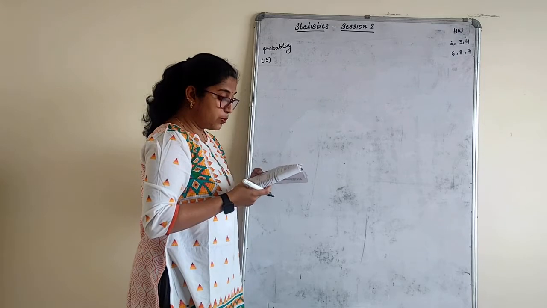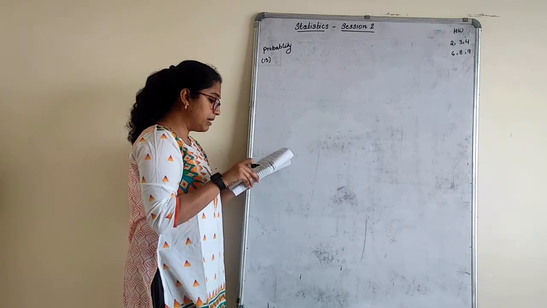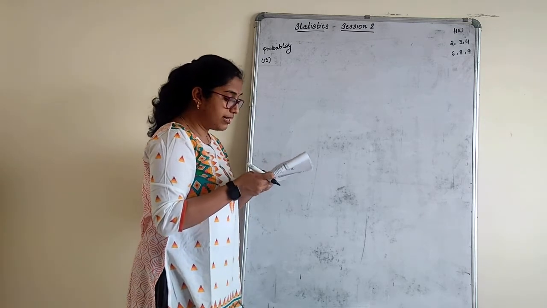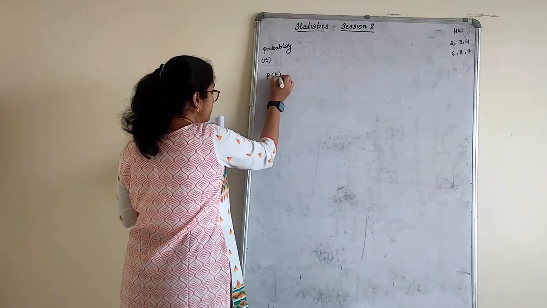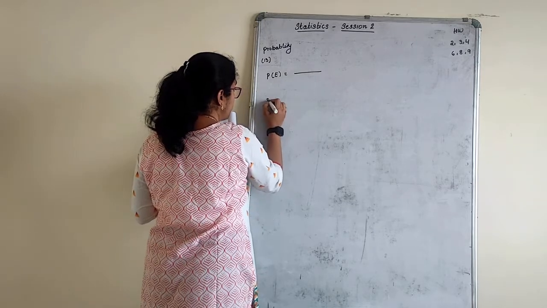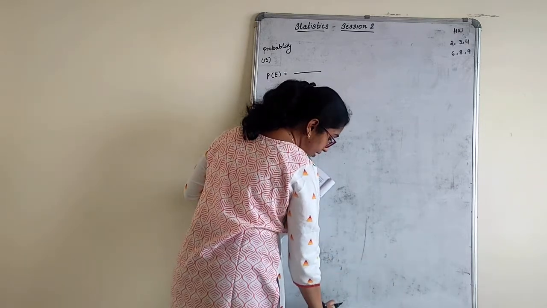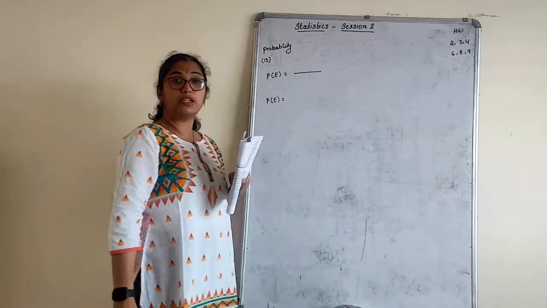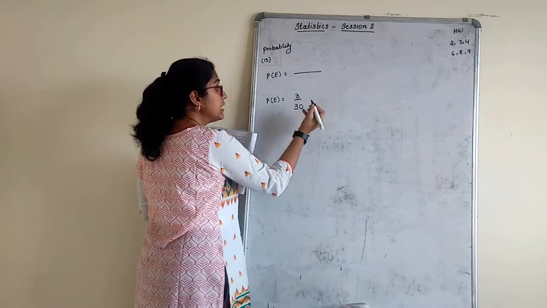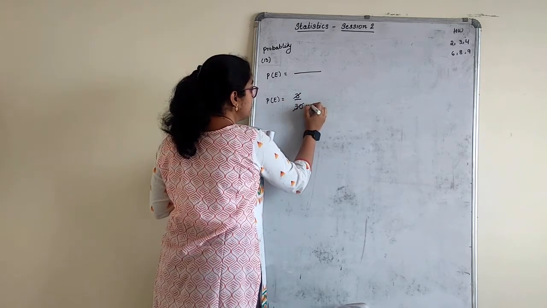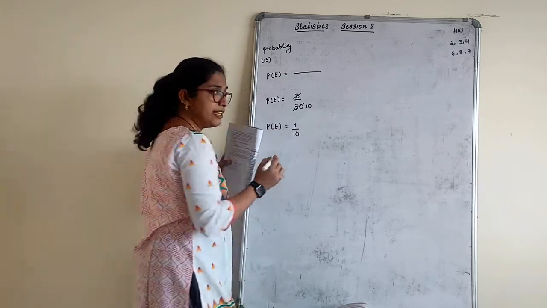You were asked to prepare a frequency distribution table of 30 students, which I have already written. Use this table to determine the probability that a student in the class selected at random has a blood group of AB. First of all, write the formula. Probability of an event, what formula do we know? So for AB, how many students were there? We had only 3 with blood group AB. The answer is 3. Total how many students? 30. 3 ones are 3, 3 tens are 30. Probability of the event is 1 by 10. Understood what to do here?